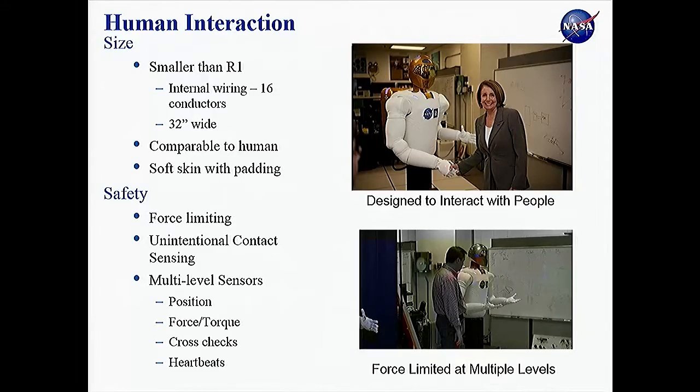Human interaction. Of course, if we're going to have a robot working close to a factory worker, or we're going to have a robot working close to an astronaut, human interaction is critical. R2 is actually smaller than R1, comparable to human. And as I mentioned before, putting on the nice padded skin makes it a very comfortable interaction when you're near it. We wouldn't have it interacting with the Speaker of the House at the time if it wasn't a comfortable robot to work